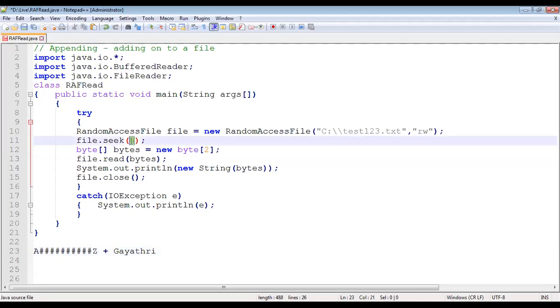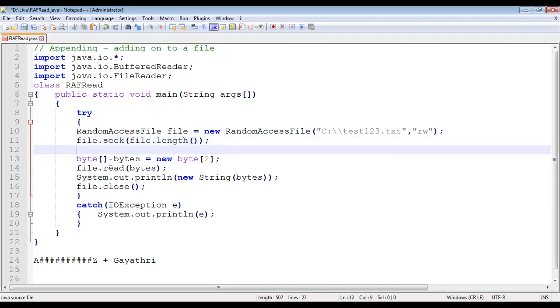So you should seek the last position of your file. Now, last position, very simple. You find out the file length. The file length might be, let's say, a random number like 12 or 13 or whatever. You tell your file pointer, please go and stay at the last position. Are you able to follow me, Gayatri? Yes, ma'am. Your file pointer, you're telling, please go and wait at the last position. I will write over there.